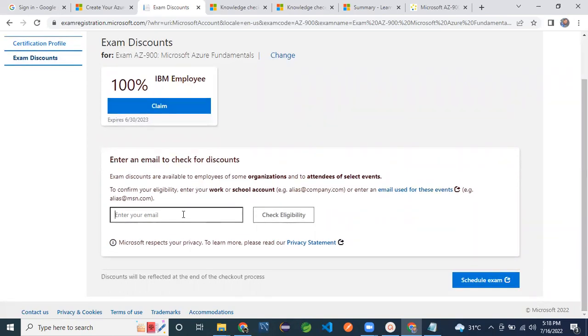Or if you have any voucher cards, you can use them, or some companies have discounts with their mail IDs. You can give a company name, for example HCL, Wipro, IBM, Capgemini, like that: company name dot com, and check eligibility. If it is free of cost, you can claim it.